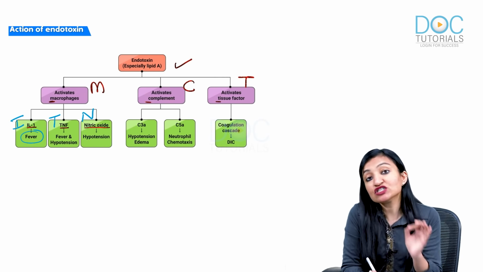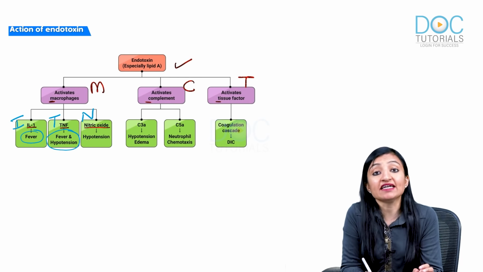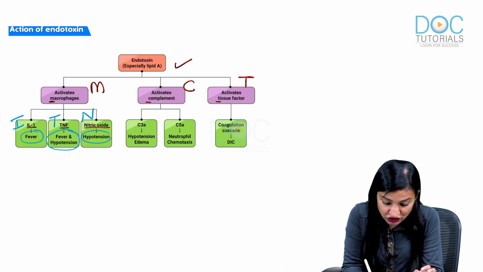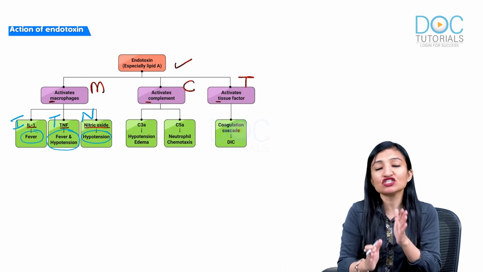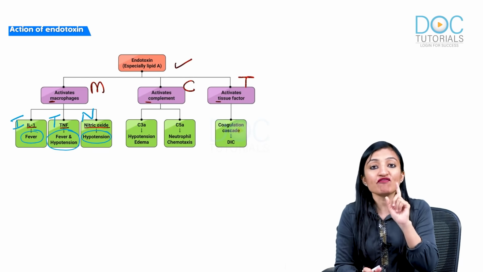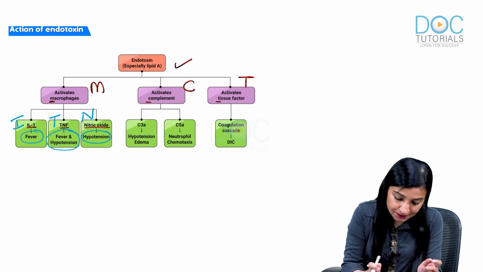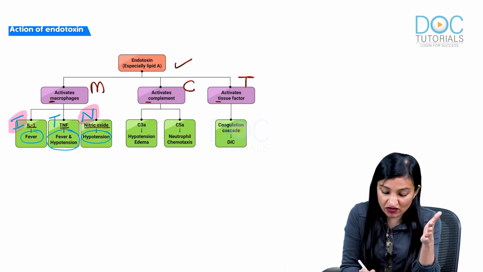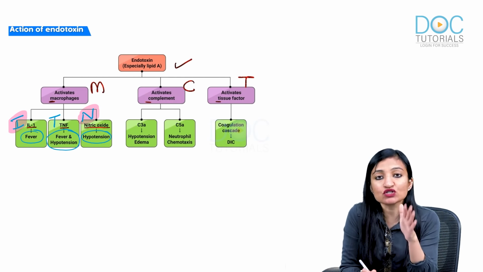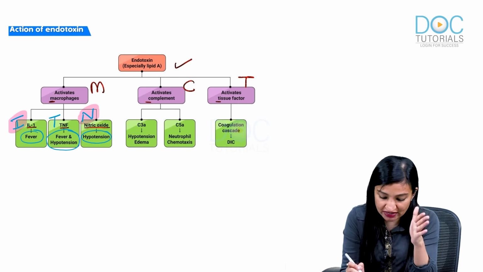Okay. TNF is tumor necrosis factor. It is going to be responsible for fever and hypotension, and nitric oxide is going to cause hypotension. So remember, in the middle we have got the tumor necrosis factor, which is going to produce two effects: fever and hypotension. And on either side of T, we have got I and N. I stands for interleukin 1, which is going to cause fever, and N stands for nitric oxide, which is going to cause hypotension, and both are going to be caused by TNF, tumor necrosis factor, in the middle.